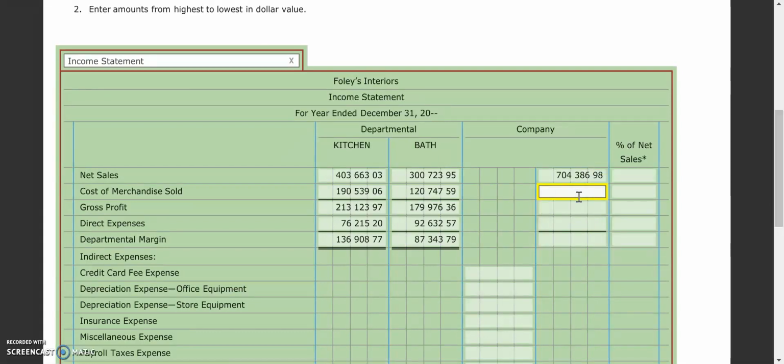Cost of merchandise sold is $311,286.65. Between these two, you can do it either way. You can take 704 minus 311, or you can add these two together. They'll both total the same amount. It should be $393,000. Whoops,